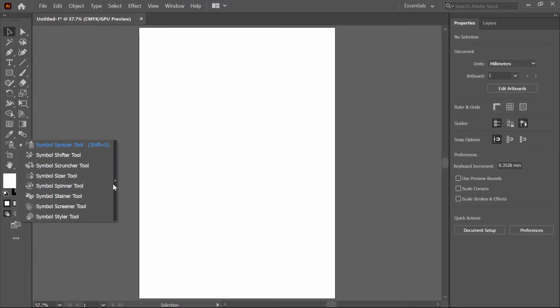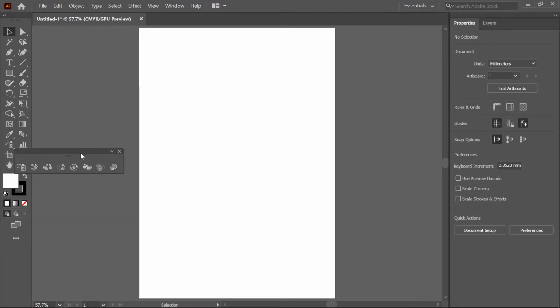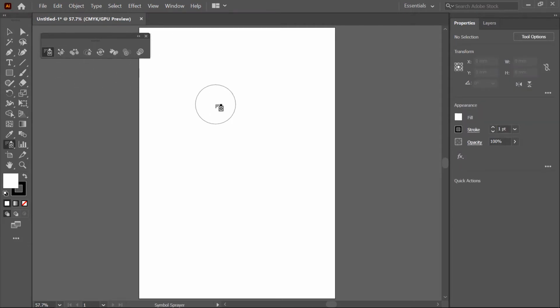I click on this arrow to pull out this tool from the toolbar and then place it here. Now I click on this tool to activate it. The icon of this tool is a big circle and a spray bottle. By using square brackets you can change the size of this circle. If you want to decrease, click on the open square bracket, and if you want to increase, click on the close square bracket. So you can also increase or decrease the spray area by using square brackets.